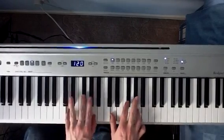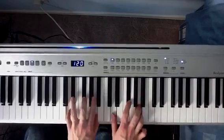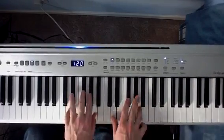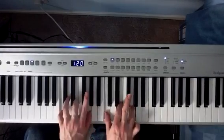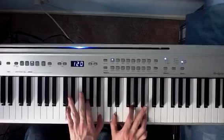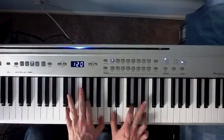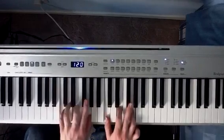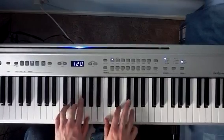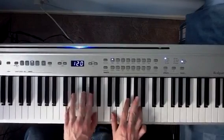Just make sure they're really firmly under the fingers. So that means really pressing down on them, firm, attacking each note, giving yourself a rest beat before you play it, and also hovering over the keys just before you play them. That should be your impulse. And then as soon as you've got these chords under your fingers, start